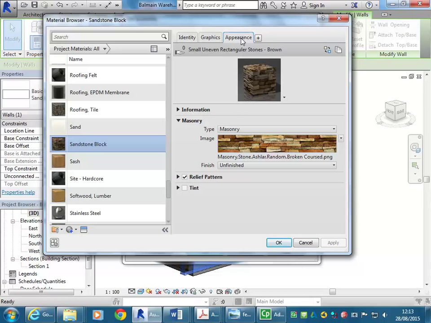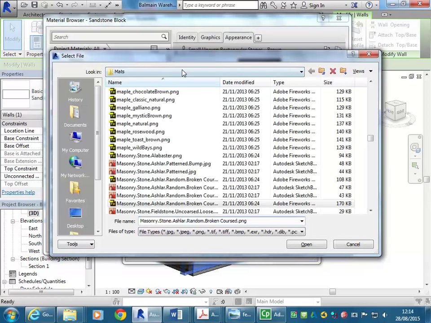So back on the appearance tab, you'll see it'll have the file name, just below that swatch of the stone. So it's just ashlar, I think, is a type of sandstone. So when you click on that file name, then you can browse